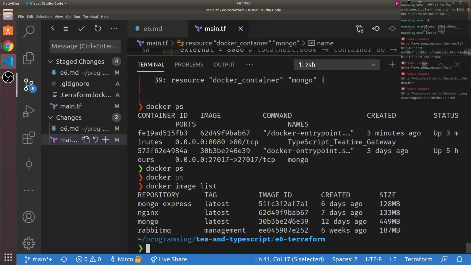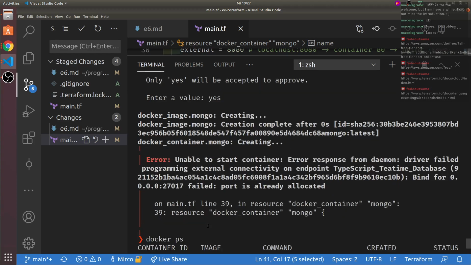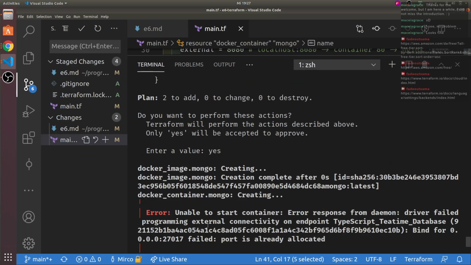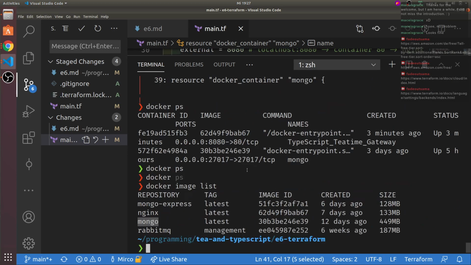I think, yeah, that's the same image, right? Same Mongo image. So that worked, even though the state already existed on the system, but Terraform didn't even know there was a system to begin with, which is kind of amazing.